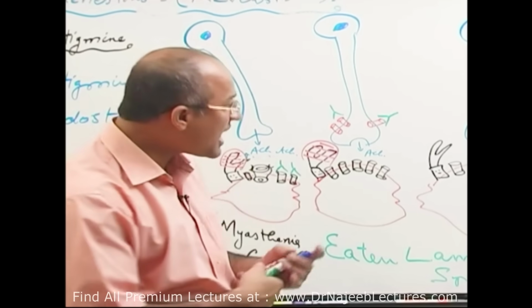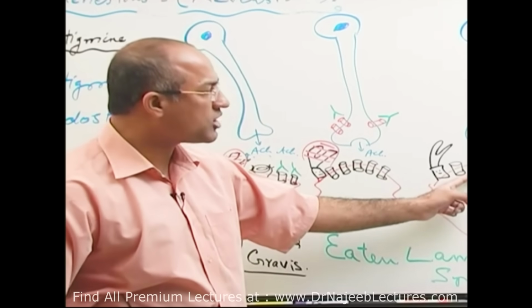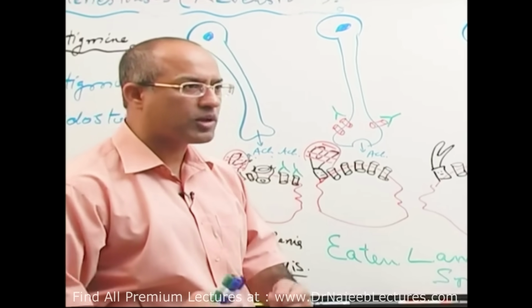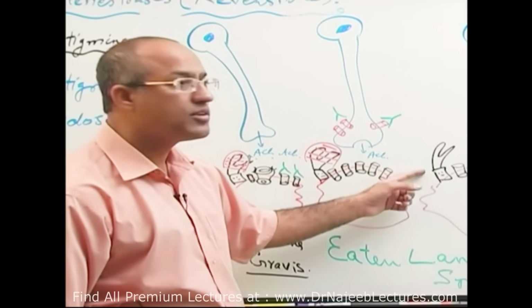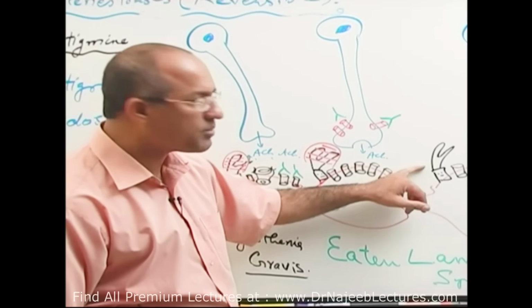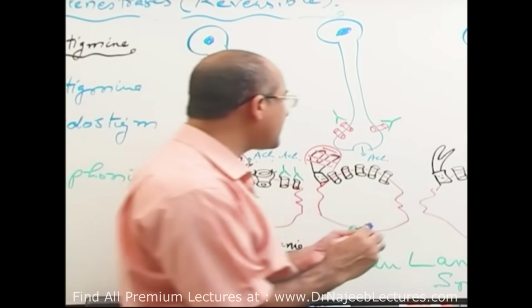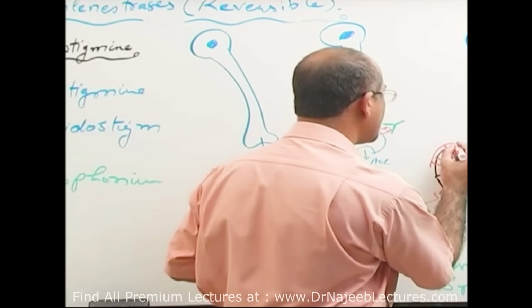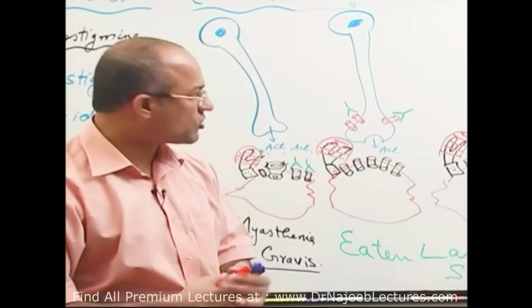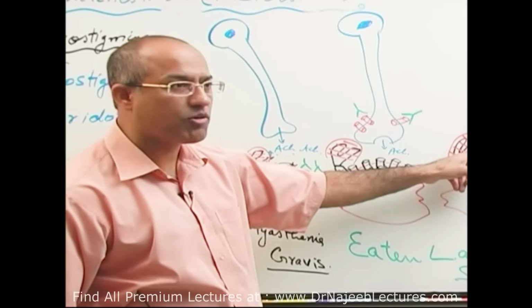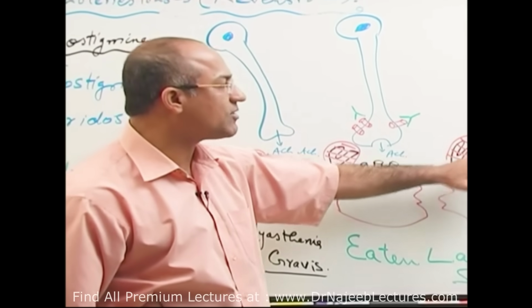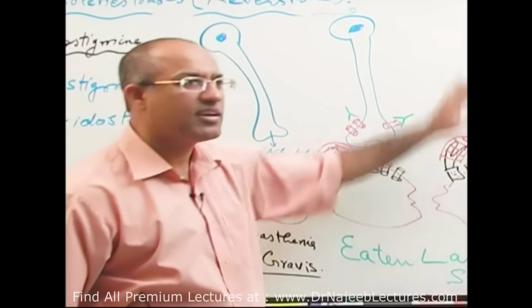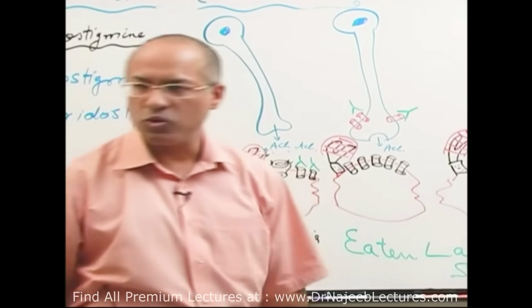Tubocurarine. Now what happens in a patient who has been exposed to tubocurarine and muscles are very weak or paralyzed? One way to rapidly activate the muscle is to give neostigmine. If you give neostigmine or a related compound, it will inhibit, what is that? It will inhibit acetylcholine esterase, and acetylcholine concentration will become very high, and it will competitively displace the tubocurarine and overactivate the remaining channels, and the person's muscle will start working.